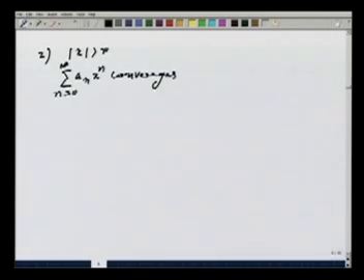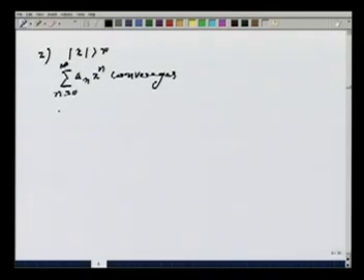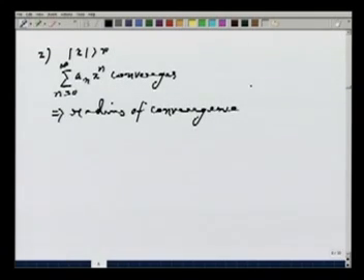If this happens, then by the definition of the radius of convergence, this implies that the radius of convergence must be bigger than or equal to mod x,